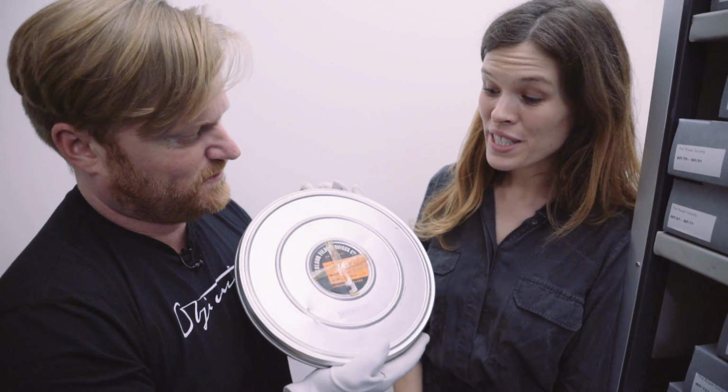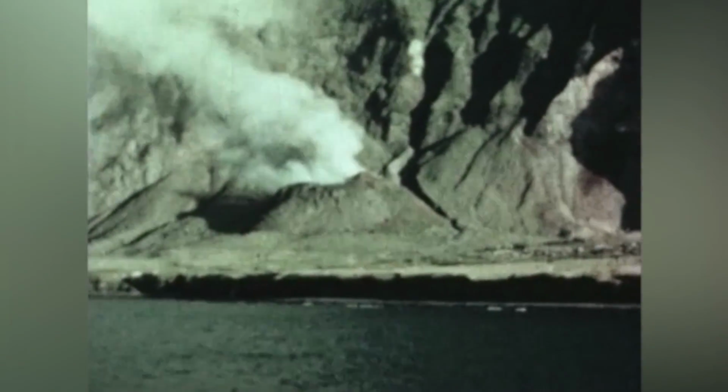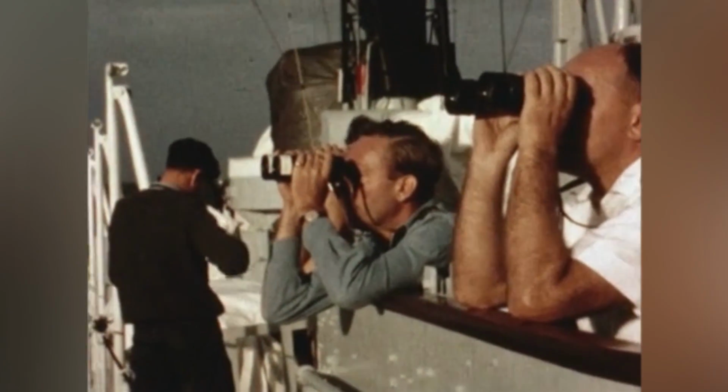What's this? So this is the volcanic eruption on Tristan da Cunha, which just sounds cool, doesn't it? So this is in 1961. There was a big eruption on an island in the middle of the Atlantic, and this is the film from the expedition. A careful watch was kept, but it was soon obvious that the volcanic activity was entirely confined to